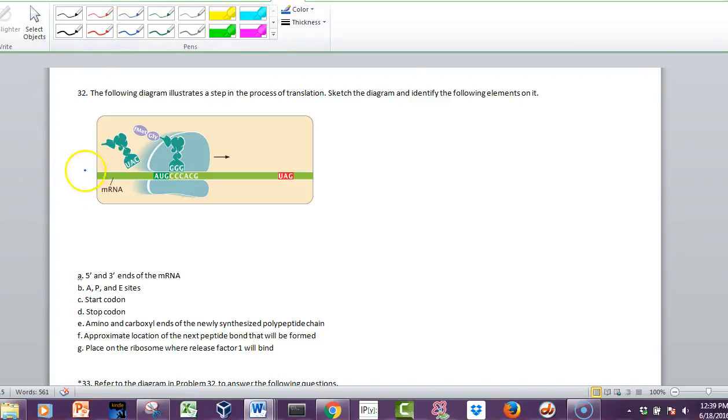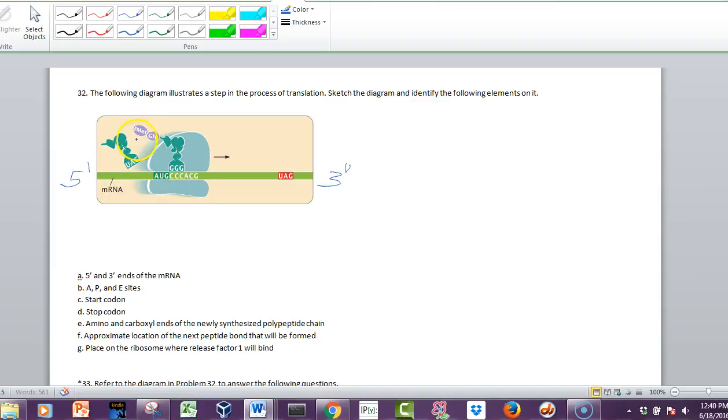The RNA is always read, and now this is sometimes a source of confusion. I go through some efforts to say that the sequence is always read in the 3' to 5' direction, and the new sequence is made in the 5' to 3' direction. But when it comes to translation, we're not converting one nucleic acid sequence to a new nucleic acid sequence. That rule has to do with the 3' hydroxyl group on the nucleotides. In this case, the ribosome actually moves across the RNA in the 5' to 3' direction, and it starts to link these amino acids together.